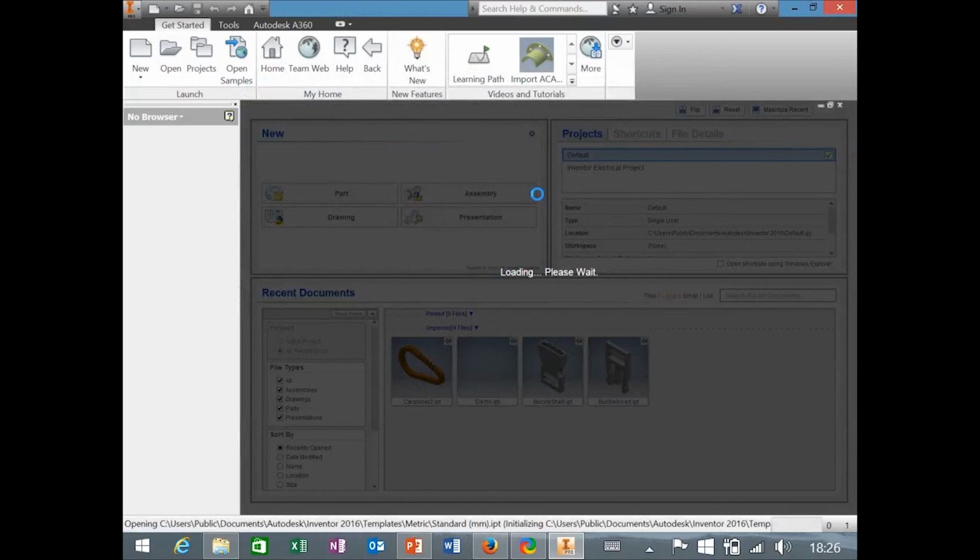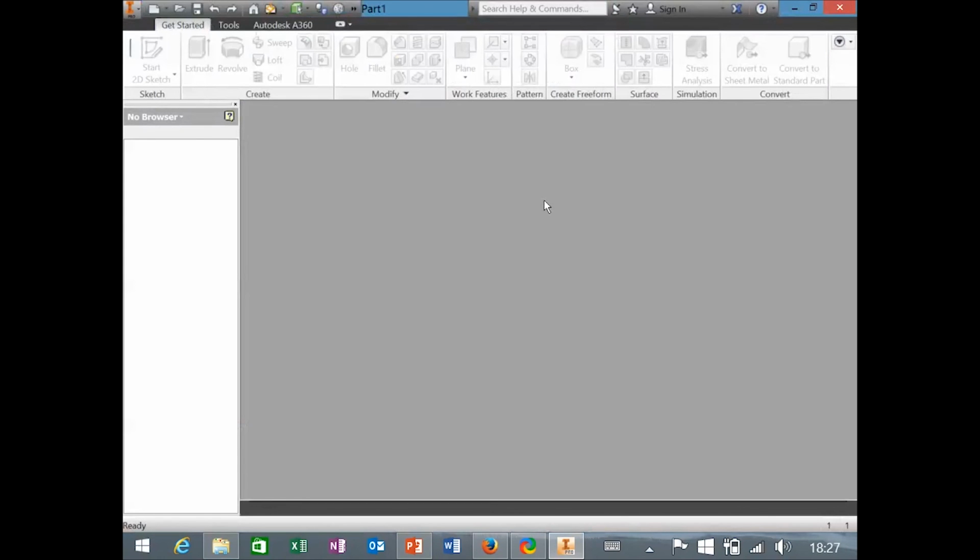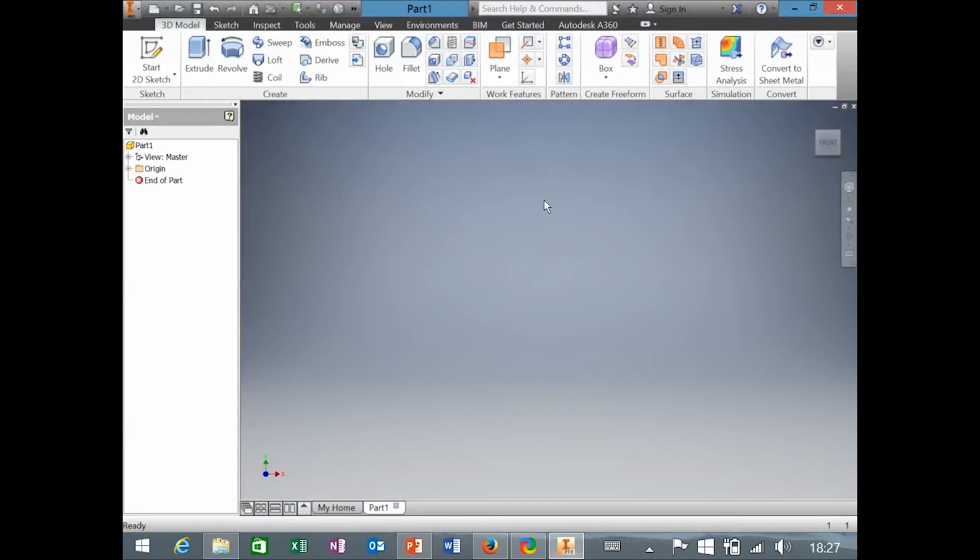So it takes a little while to load. And then what it should do is pop up a new model for me. OK, great. All right. So now we have an empty workspace. On the left-hand side, you can see the hierarchy view. This is where all of the features in your part will show up in this little tree view right here. And this area right here is the view window that'll show you your model. And you have some navigation options here. There's this cube up here, and you can click and drag on it to rotate the view. You can also use